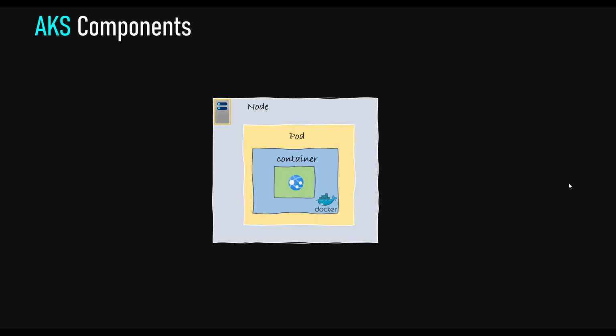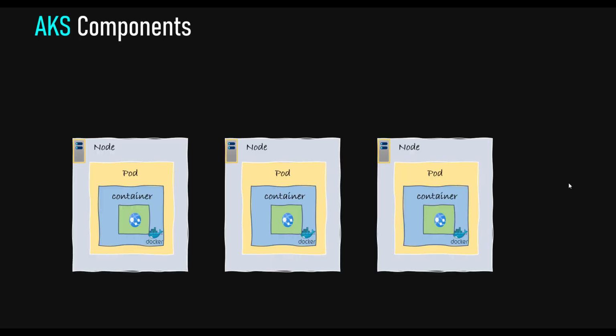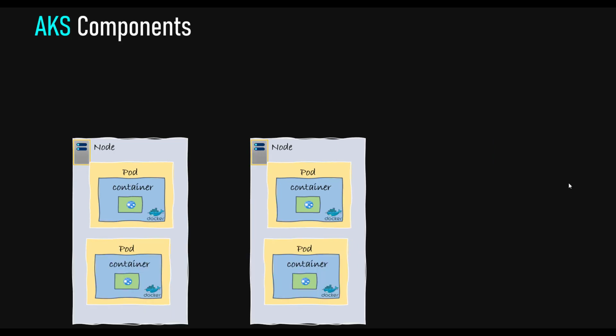When you are going to host the application or the pod, it will be hosted inside of your Azure Kubernetes node. Here in this example, you can see that the same application instance is basically copied over 3 different nodes. It may also possible that your application would have 2 pods created in the same node and each of the pod contains the application container. I hope this is clear how the application deployment is going to work. Now we are going to discuss step by step how do we deploy this application in practical.